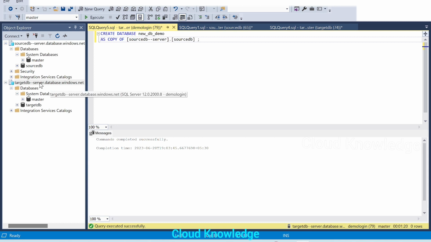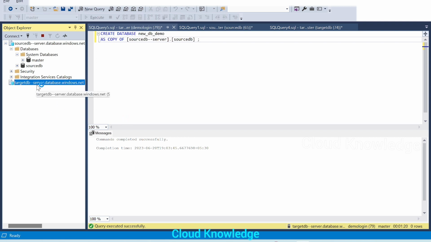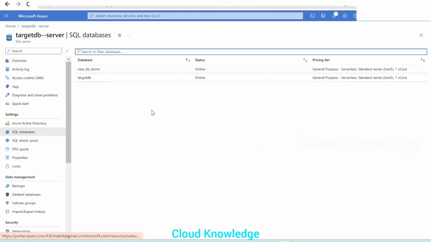Okay, now we will right click here on the target DB and click on refresh. If we go back here in the target server to the SQL database section, we could see new DB demo is created, the copy of the source database in the new server or in the target server.